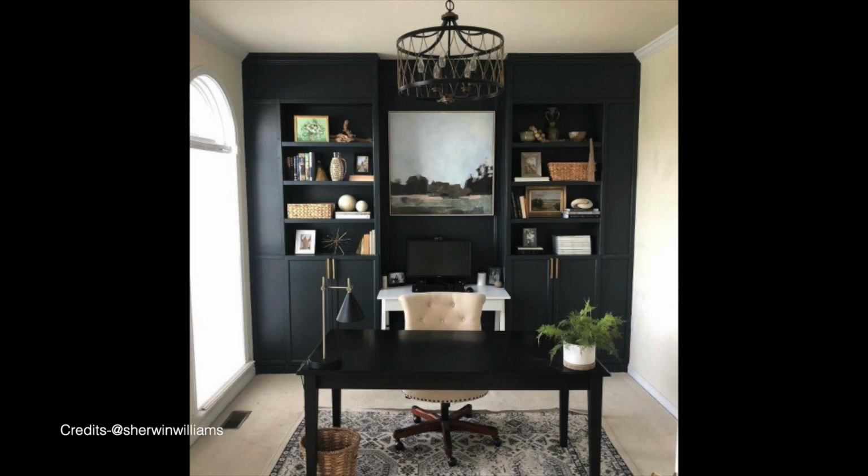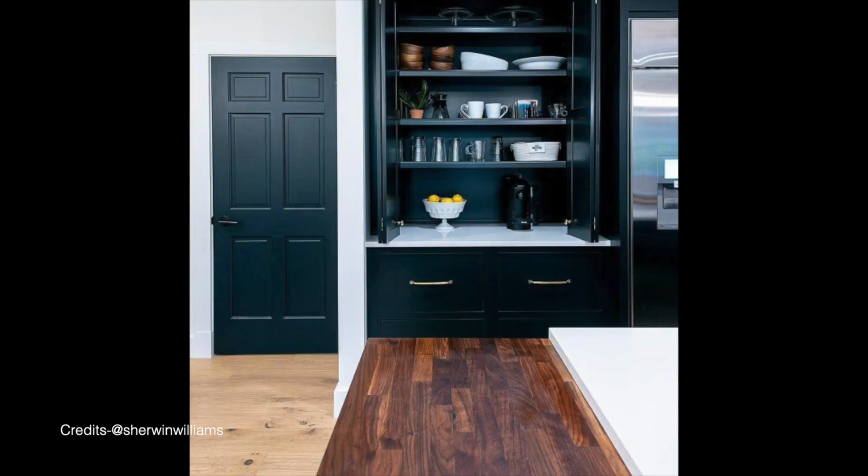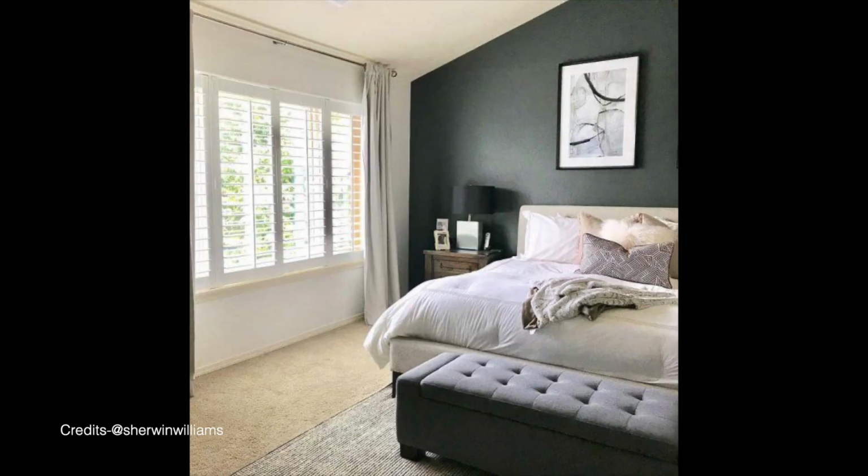Well, as the name suggests, Sherwin Williams Green Black is a cool black paint color with notable green undertones. This striking, stunning and bold dark color has a modern and contemporary touch with an LRV of 4. Just very slightly lighter than Tricon Black and Caviar, this is another black color to have an eye on. I would recommend that you use Sherwin Williams Pure White or High Reflective White on the trims, moldings and ceilings